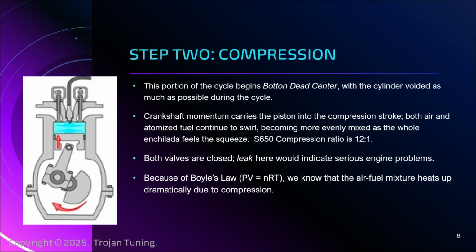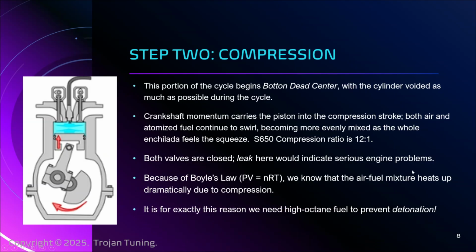And I'm not talking a little bit. It will heat up dramatically, okay? So that happens when you pressurize this air and fuel. It does heat up. And the problem there is this is why we need high-octane fuel. Let me explain that. So high-octane fuel has molecules of hydrocarbons that are more knit together than low-octane fuels. The heptane content is higher. It is harder for